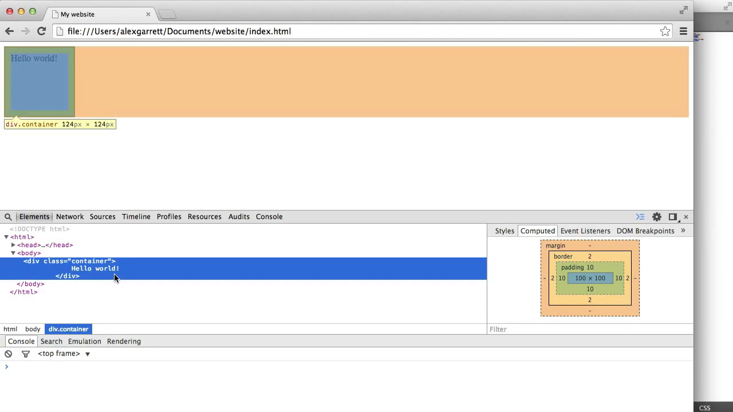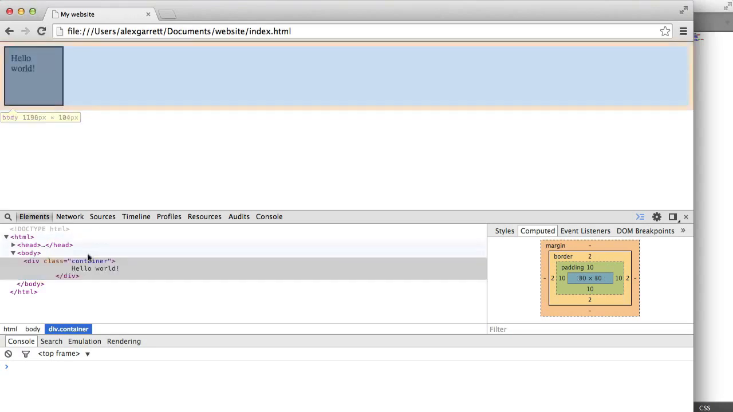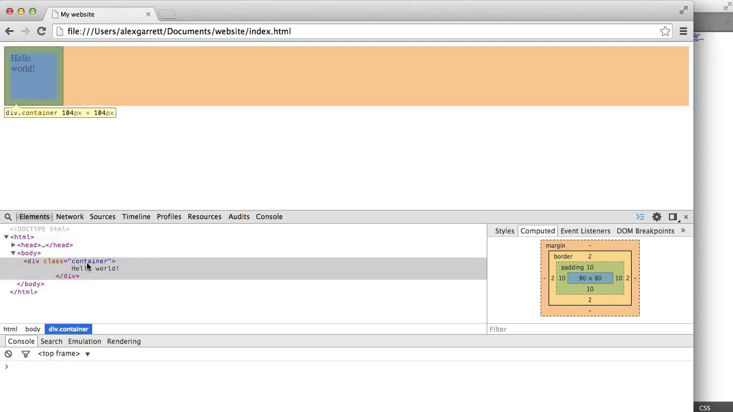Let's say I still want a border on my element, and I still want padding on my element, but I want it to be 100 pixels width and 100 pixels height, no question about it. I can do some calculations in here. I could say that 10 times 2, e.g. the padding on the left, the padding on the right, and then the padding on the top and bottom, increasing that by a 20 pixel size, I could then minus 20 pixels